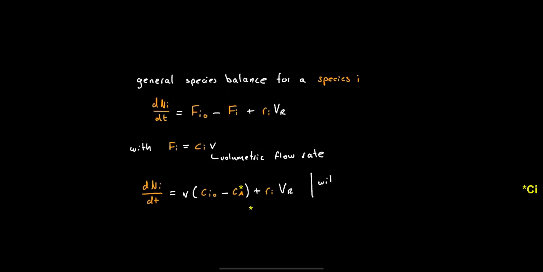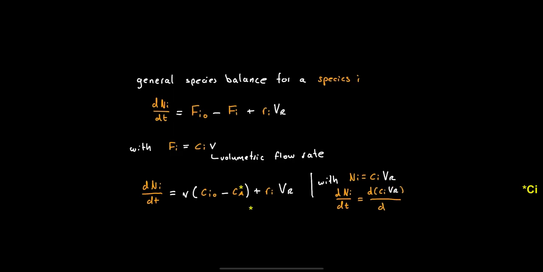So with the molar amount of the species I being equal to the concentration of the species I times the volume of our reactor, if we derive it with respect to time, dNi with respect to time is going to be equal, if we insert for Ni the above mentioned formula, Ci VR